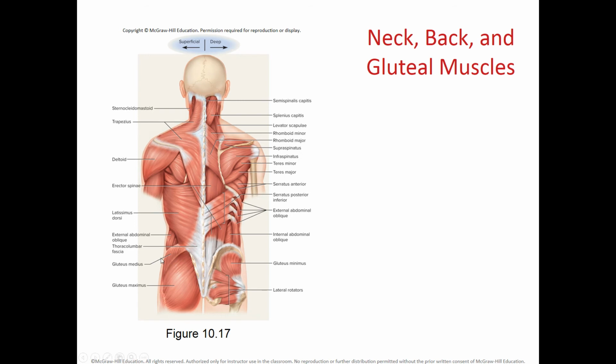Now in here, in the gluteal area, we have the gluteus medius and the gluteus maximus, and if you remove them, you will be able to see this erector spinae, which helps us to maintain this erect position, so when we're standing. And then in here we have the internal abdominal oblique, the posterior view, and then if you remove the gluteus maximus and the medius, you will be able to see the gluteus minimus and the lateral rotators, which